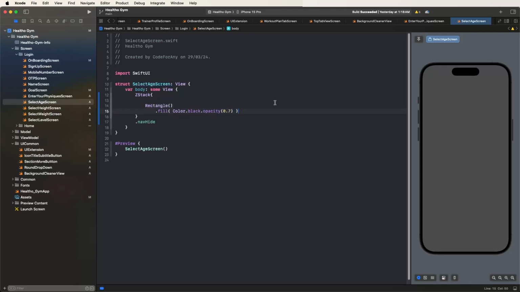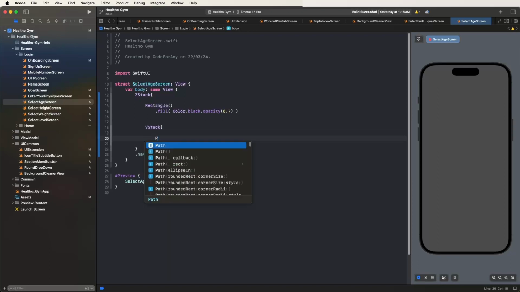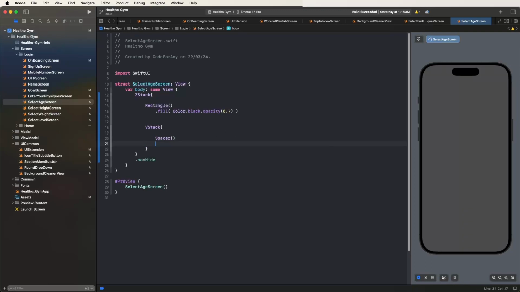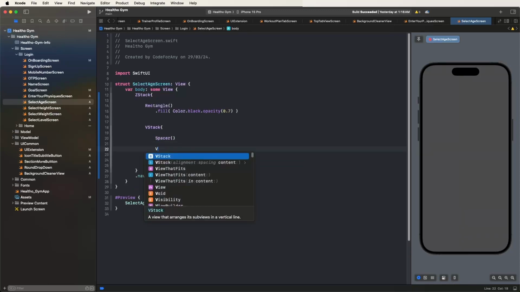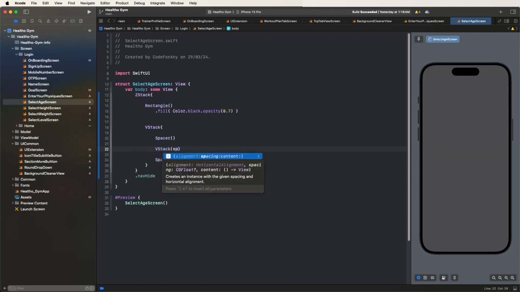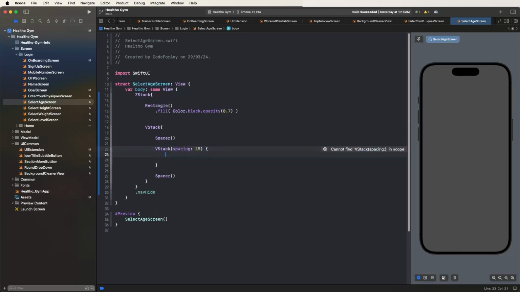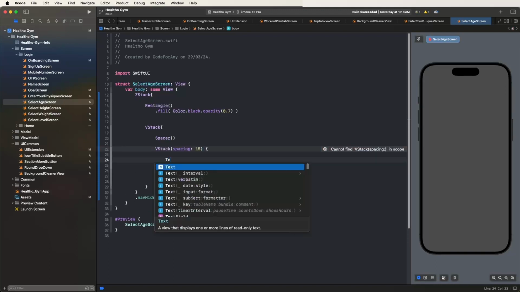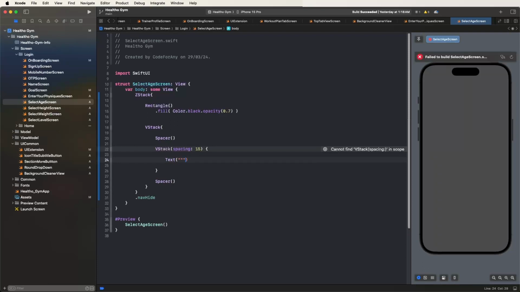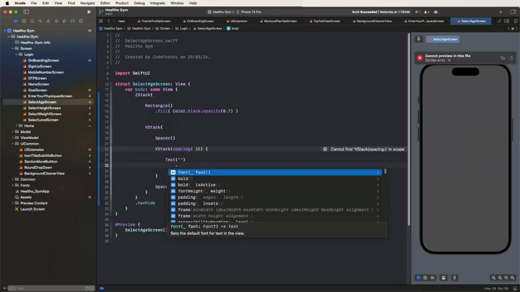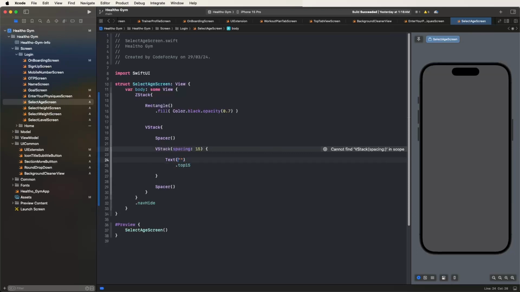Now need to develop the wish tag. Set the spacing spacer. Again, now develop the wish tag, and set the spacing, you need to set this 15. Configure like this, develop like this. Now set the text, and set the titles, and also give this the top 15. Now set the select age,